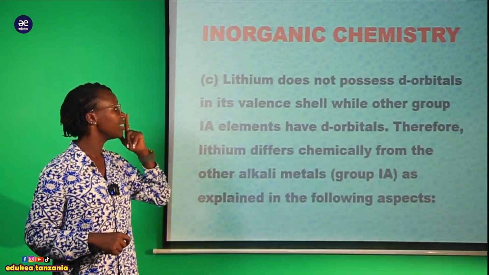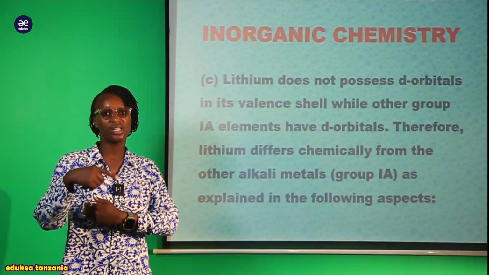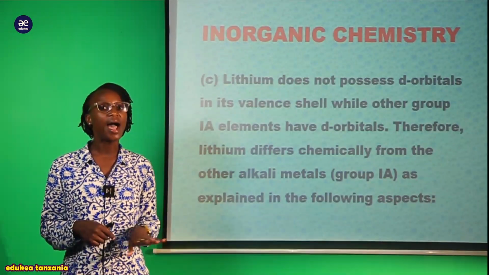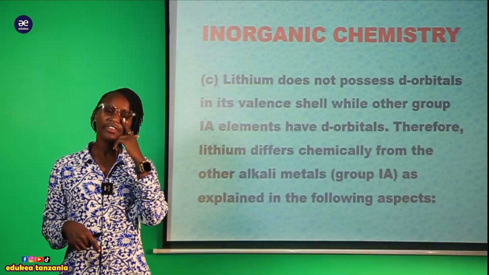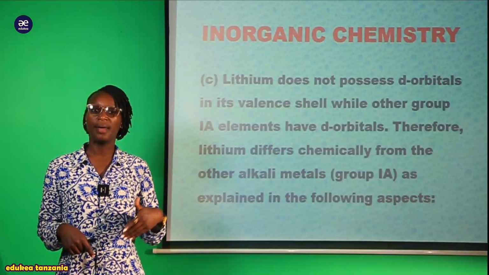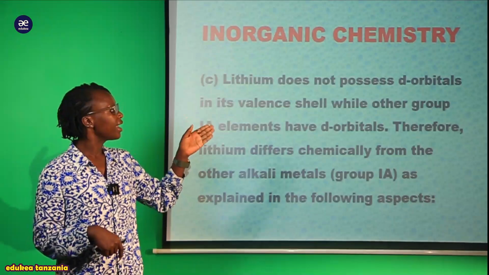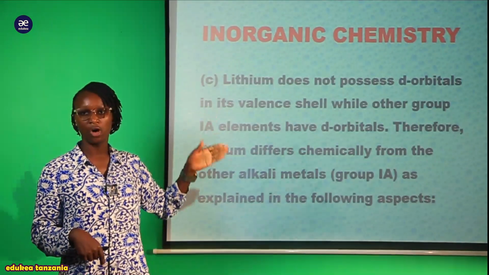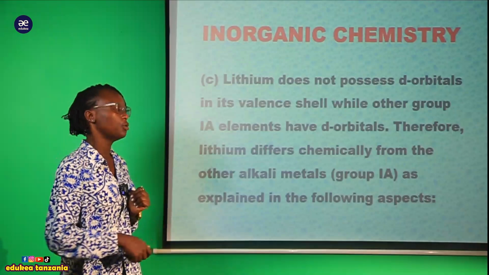Therefore, when we come to the d orbital, it does not have it in its valence shell. But you will be surprised that other elements, for instance if you go up to potassium, which is also in group number 1, you will see that it possesses this kind of orbital, but lithium does not possess the d orbital,